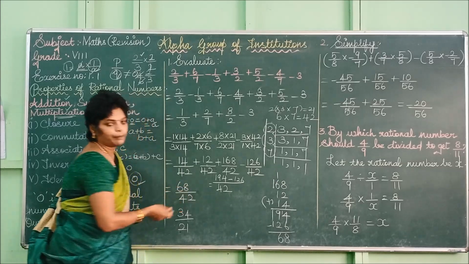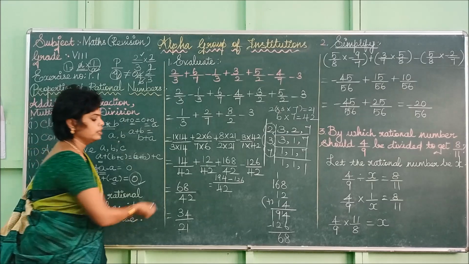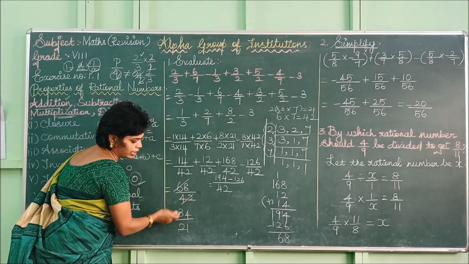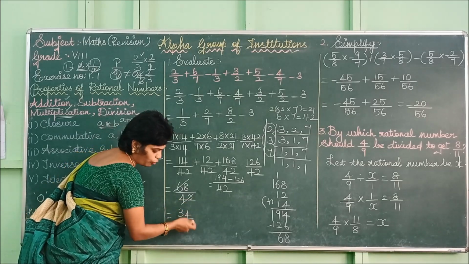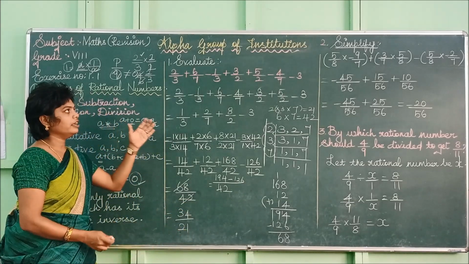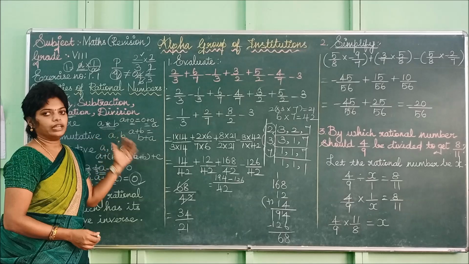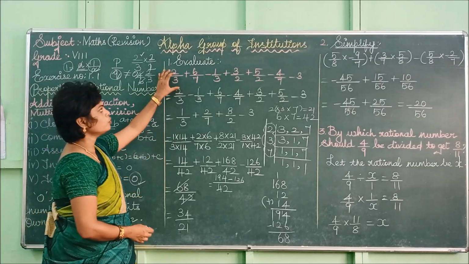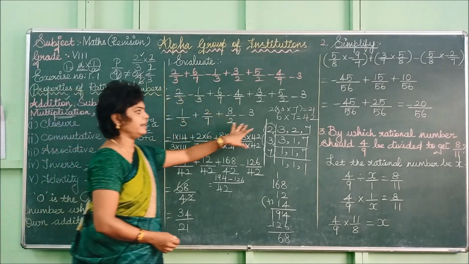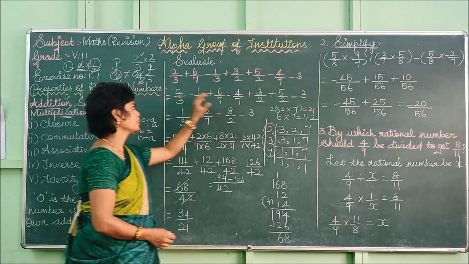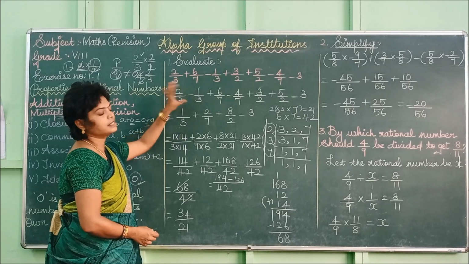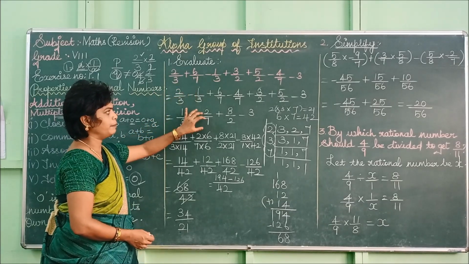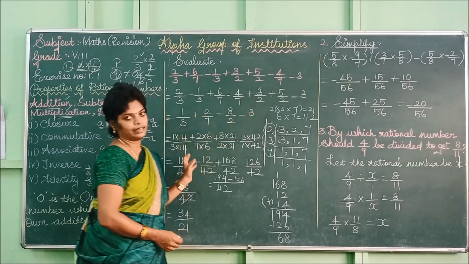So both are even numbers. We can cancel it with the 2 table. We are cancelling with the 2 table. 2 3s are 6, 2 4s are 8, divided by 2 times 21. That is 34 divided by 21. If they ask you to find the evaluation, you have to do this method. So you can use that method or simply take all the terms at the LCM. So I am combining the same denominators and whenever it is subtraction, you can subtract the values. If it is addition, you can add the values.